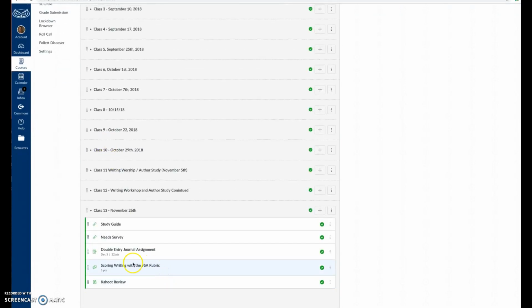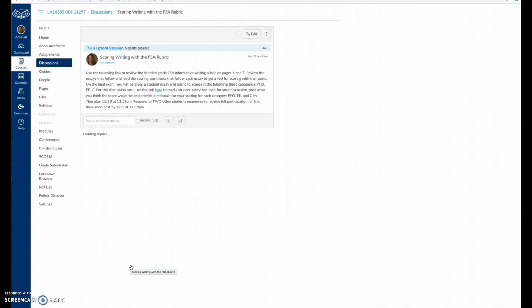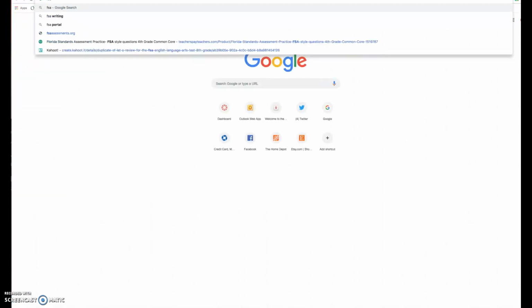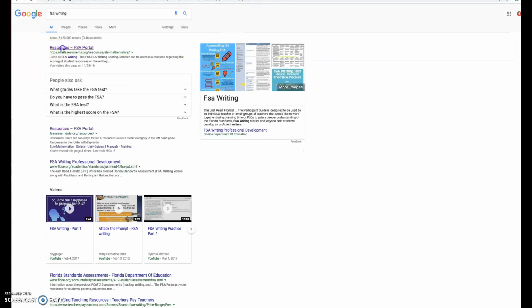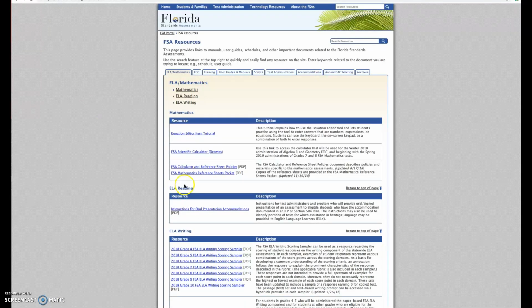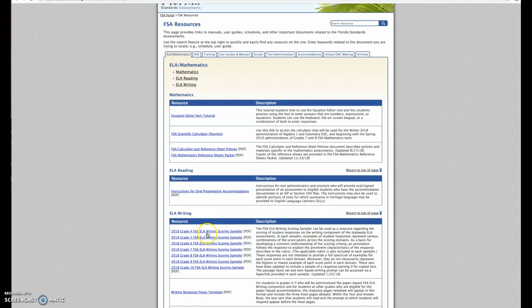All right, and then the next thing you're going to see is the assignment for the week. So it's called Scoring Writing with the FSA rubric. And when you click on that, it's going to take you to a discussion board. And in the discussion board, you'll see a link to review the 4th and 5th grade FSA informative writing rubrics. Actually, I did not put that in there, so we will go visit that website right now, and I'll add that into the module. When you go to the link, it's going to take you to the,